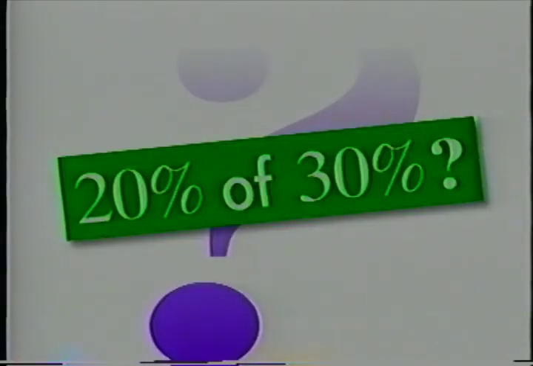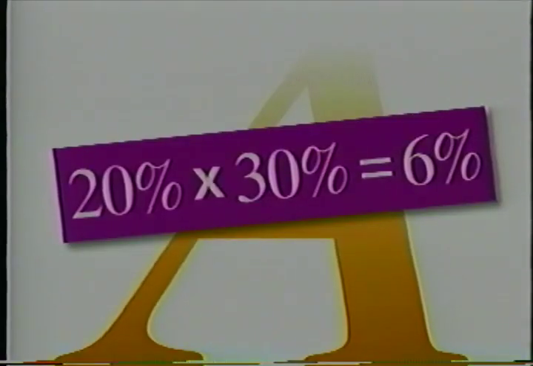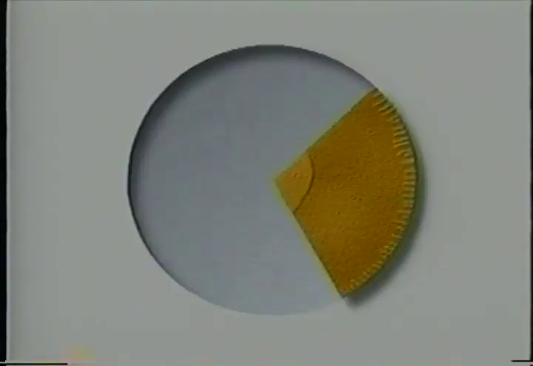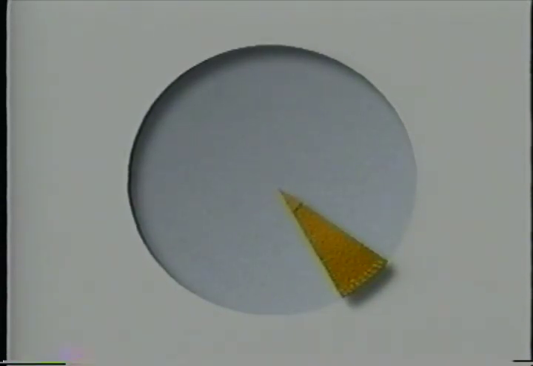Say you take 30% of your paycheck to spend, and you set aside 20% of that to go to the arcade. What percent of your paycheck goes to fight the never-ending battle against space aliens and ninja warriors? What's 20% of 30%? Multiply. 20% times 30%, that's 6%. Surprised? Remember that these percents are ratios less than 1. Small times small gives you smaller. In essence, it's like taking 30% of a pie, then cutting off 20% of that. That's 6% of the original pie.